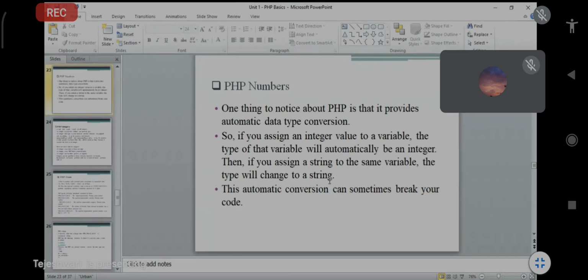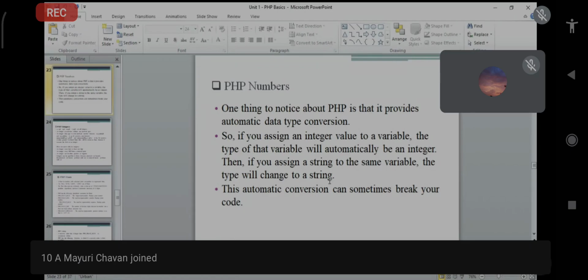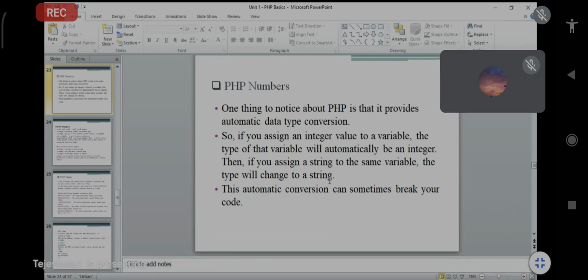If you assign an integer value, any value like 5 or 6, to a variable, the type of that variable will automatically be an integer. And if you assign a string to the same variable, then the type will change to string.